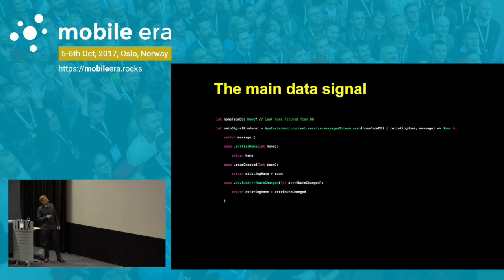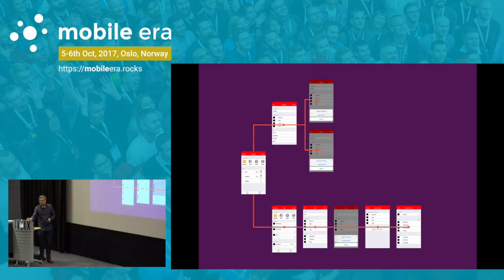Here's a case for device attribute changed. That means you turned on or off a device, and then it just returns your home structure plus that change. So that change is, if you turned on a device, it just replaces the on value with a bool, for example, or it can replace a dim value with the current dim value it has received. So this is how we actually create updates for our app.